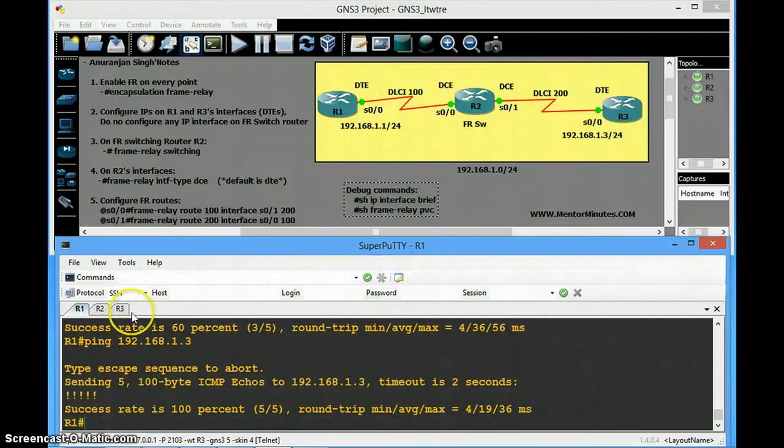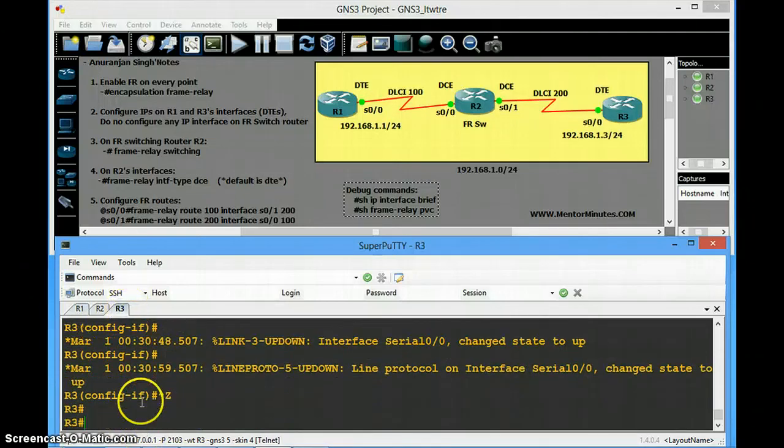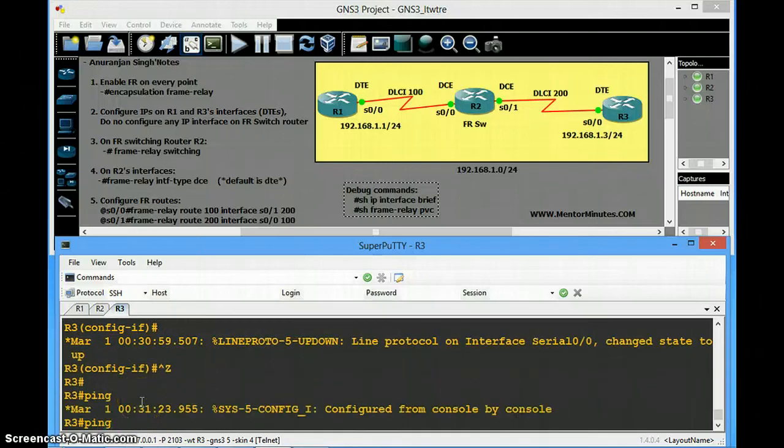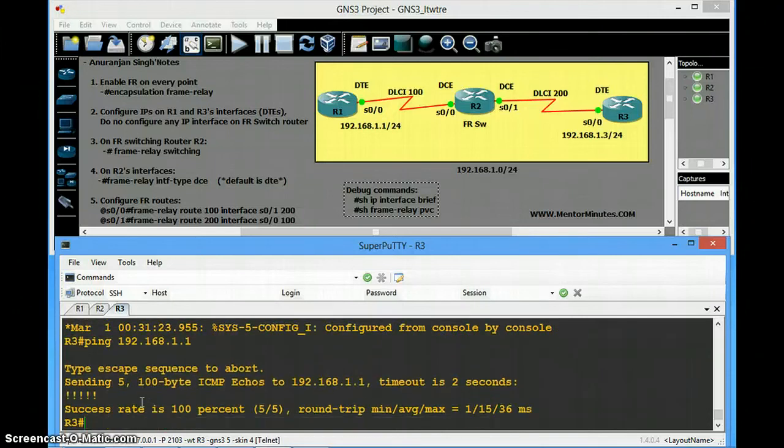See, we can ping from R1 to R3, as well as we'll try to ping from R3 to R1, 192.168.1.1. Again it's fine. So it means the network is working properly, router 2 is switching properly at the frame relay directly. And what we have done, frame relay enabled on all the interfaces, and then all the 5 steps we have taken. We'll just check the frame relay PVC also over here.